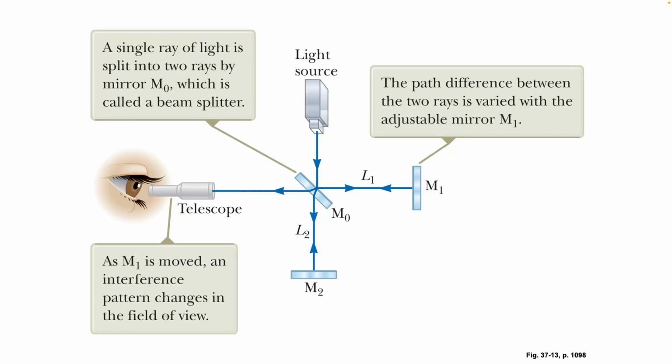If those two beams go exactly the same distance back and forth, what kind of interference are you going to have when they get back together? It's going to be constructive. If one of those path lengths is equal to half the wavelength, in other words, the mirror moves a quarter of a wavelength, because remember it's a bounce, so it's got to go in and out, you'll get destructive. And because it's an interferometer and it's going through circular apertures, you get circular interference patterns. Not the linear ones that I've been showing you, but these actual circles. So we're going to be making these in lab with an interferometer, and you're going to be counting how the pattern changes as we change a mirror distance.